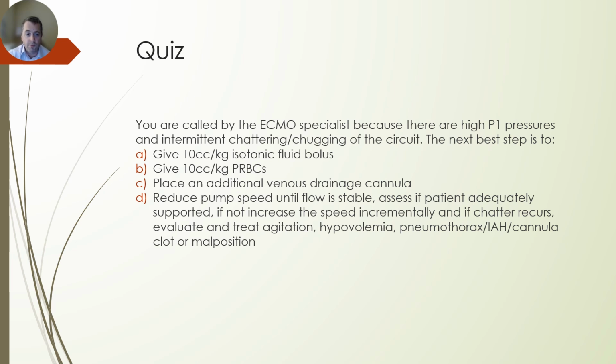Two simple questions. The first is, you got called by the ECMO specialist because there are high P1 pressures and intermittent chattering or chugging of the circuit. The next best step is to give fluid, give blood, place additional venous cannulas. Some of those may be appropriate, but the correct answer in this case is D, reduce the pump speed until